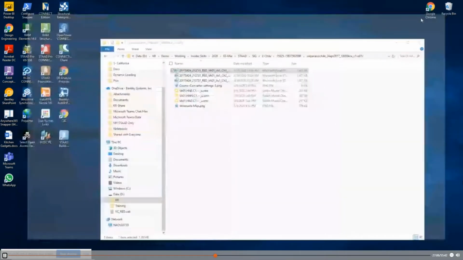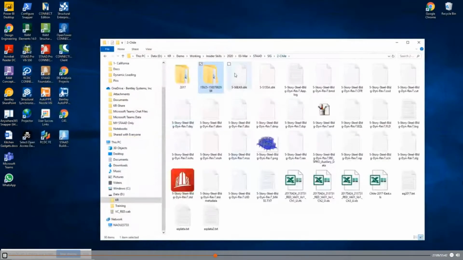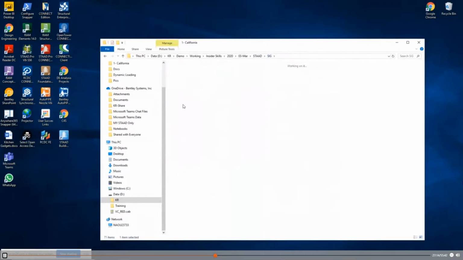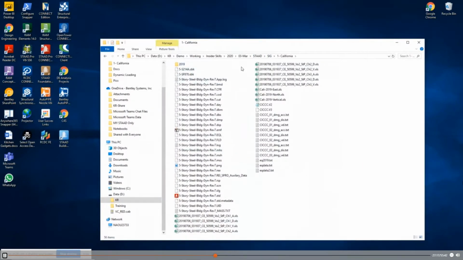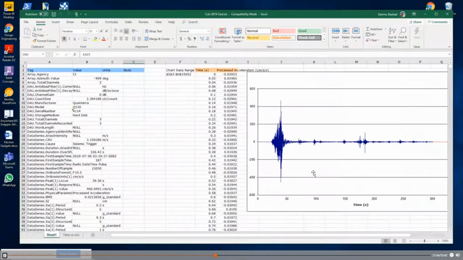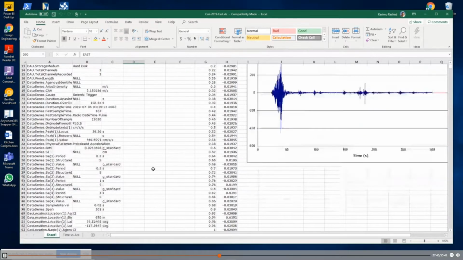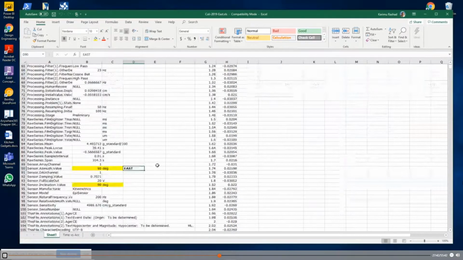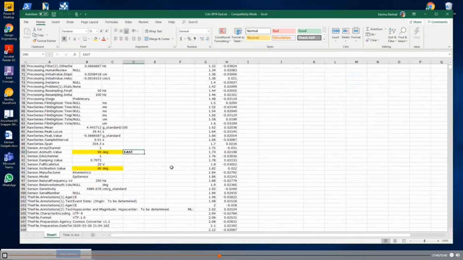So let's go to that file. I'm going to go to California right now so we can see that one first. So in California, I've done the same thing, where I downloaded the data and then I converted it, and now I've processed it. So in this model here, what you're looking at is that same information, but I took this historical event, and the first thing I'm going to do is figure out what is the direction